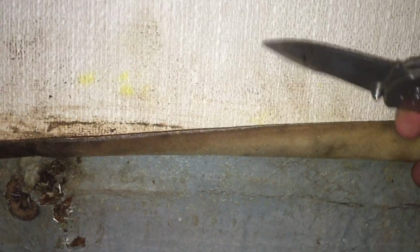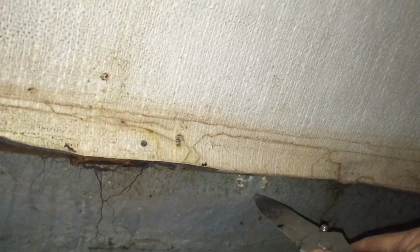Now this bulkhead has a little more fiber a little higher up, but then the same thing occurs. The further up you go, the less chopped glass there is. And there are even places where they kind of missed a little bit because of a knot. So it's very, very hit or miss. Mostly this is where the screws were. Wherever there was a screw, the plywood is gone. At that point, I can just go right through,